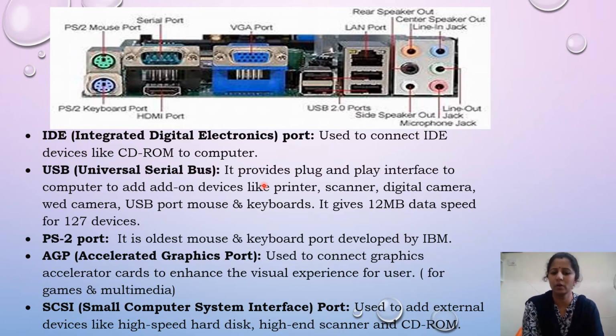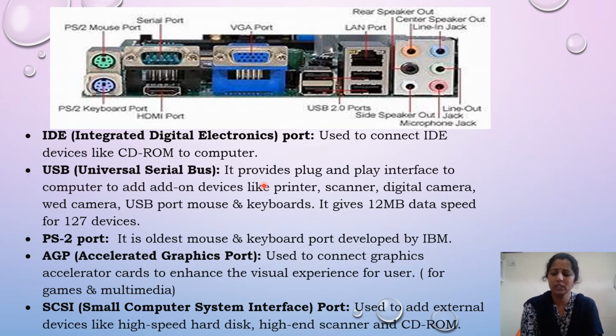Presently we are getting all the devices through USB cables only. So your keyboards, mouse, any musical instruments, your digital camera, printer, scanner, every port nowadays is coming through your USB ports. Whenever you want, you can add the device to your computer and you can use it. Whenever you do not require it, you can remove, that is eject, and keep it. That is your USB port.